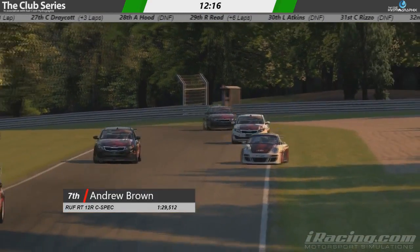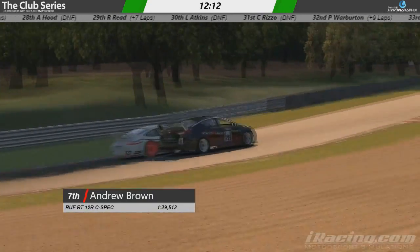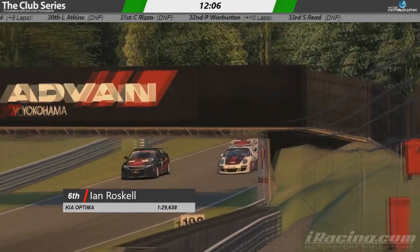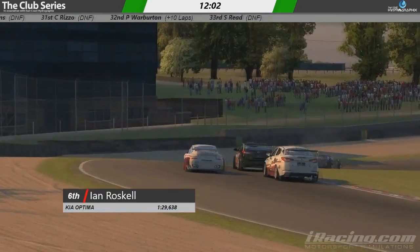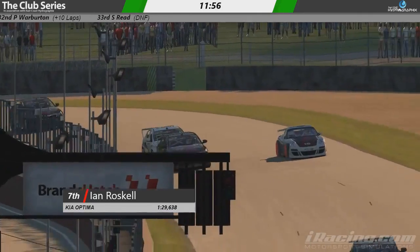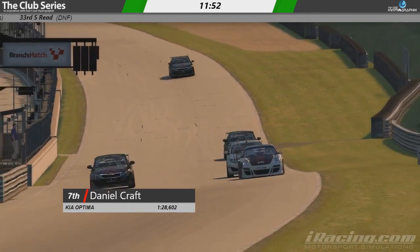each other room. Brown's onto the grass there. Oh, going into Sterling's, this left-hander. And they're still side by side here through there. They've got Daniel Kraft behind them in the Kia, and Jason Rowe as well involved in this one. Roskell's going to hold that inside line, and Kraft now trying to make the most of it. Look at how close they got there. Oh, it was almost a 3-wide moment there, and Kraft, he's trying his best to make the move now as